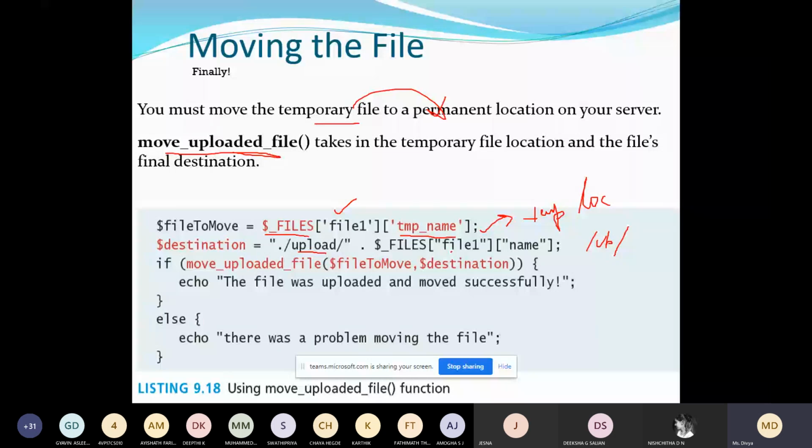Assume that this is 1.png, so your new location is somewhere in the root, $upload 1.png. Now you call this built-in function, which takes two parameters, the temporary location and the permanent location, moving the file from temporary to permanent. If it moves without any error, it will display the message: file was uploaded and moved successfully.